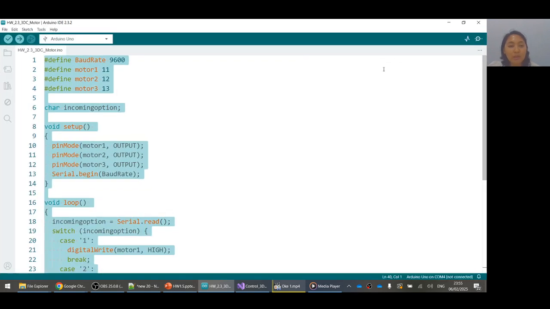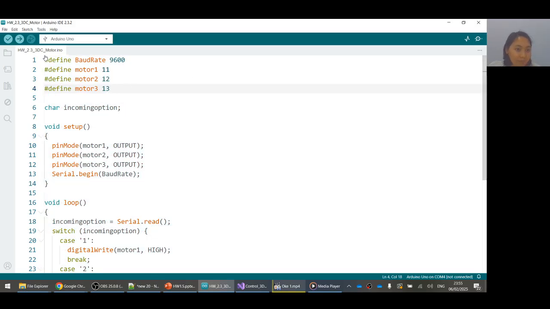For the program in Arduino IDE, first, we have to define the baud rate and also the pin used for each motor.